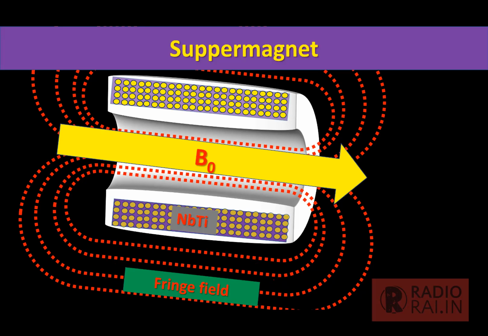Now this fringe field is the magnetic field that I don't want to have. If I take any material which is attracted by a magnet and keep it inside this fringe field, it will be rapidly attracted by the gantry, hit the gantry, and cause damage to the MRI machine. Also, it can injure the patient as well.